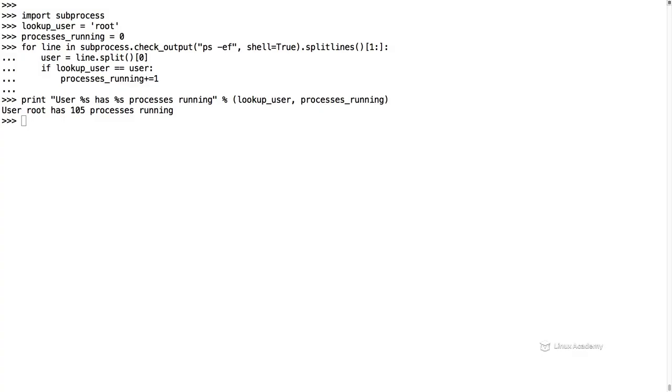The better way to do this is to start off with a function. Functions in Python have to start off with the keyword def, then the name of the function, and the value you're going to pass in. If your function did not require any values to be passed into it, you could leave the space between the parentheses blank. Next, we're going to set up our function, say processes_running equals 0